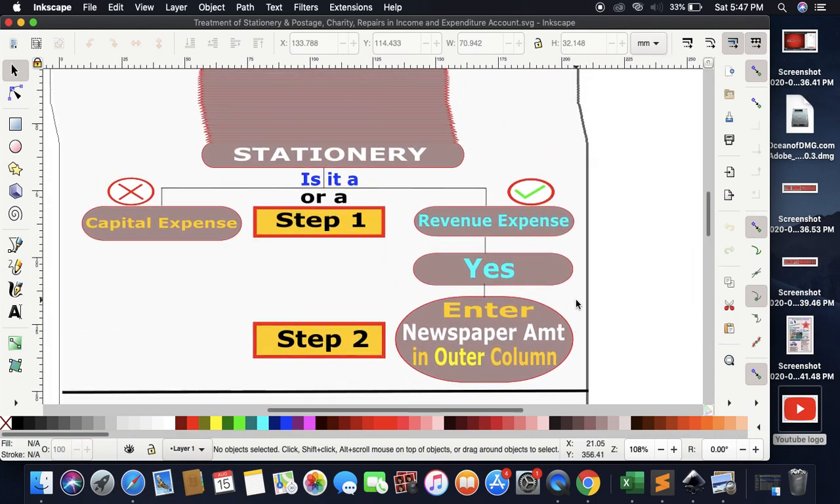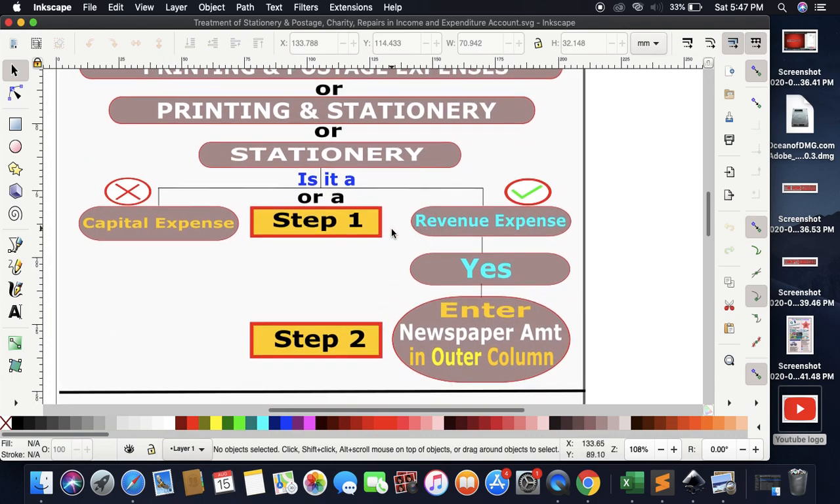Here it is a two-step process. First, you have to ask yourself whether it is a capital or revenue expense. It is a revenue expense, and then whatever the amount is given in the payment side, you will write it in the expenditure side on the outer column. So that's the